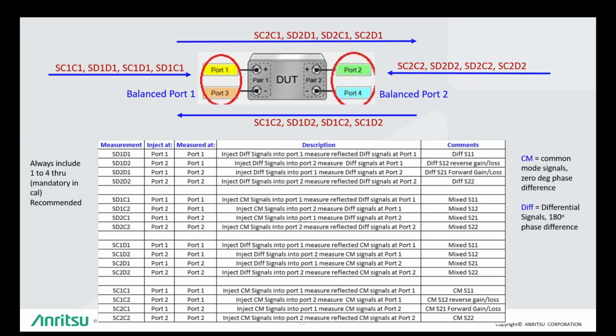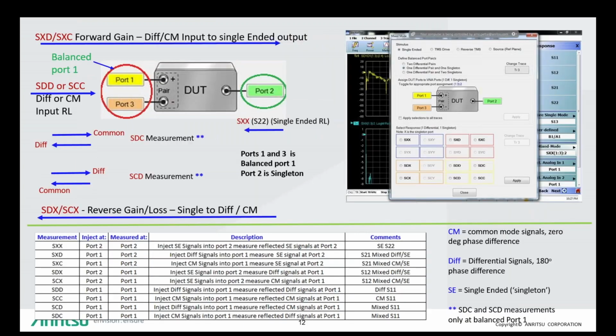Now, the next slide is going to be describing a mixed mode scenario where you have a balanced pair at the input and a singleton, as we call it, at the output. So here we can inject differential or common mode signals at the input, and you can measure signals at the output. And the table at the bottom, again, like the previous table, describes what type of measurements are possible